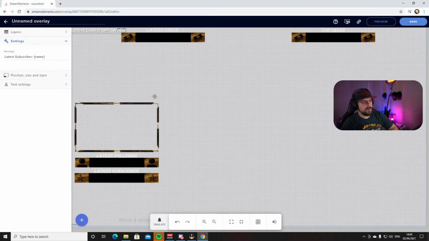If you just press on it, automatically it will display it right here in the corner. Now all you need to do is drag it wherever you want. I'm just going to put my latest subscriber in the box where it says latest subscriber. On the left hand side in here, I just want to display the name of the person, so I don't want it to say latest subscriber, because I already have the box saying latest subscriber on top. So I'm just going to delete this in here, and like this I just have the name of the person